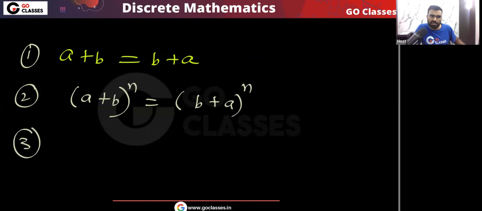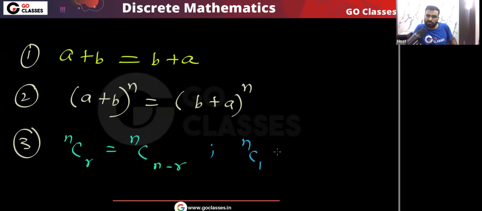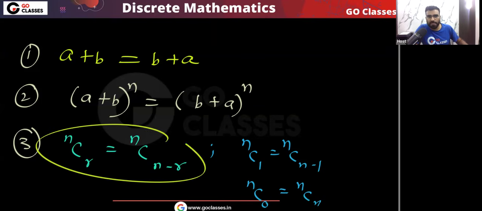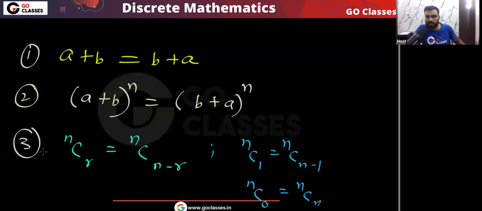Another interesting thing is that nCr is the same as nC(n-r). For example, nC1 is the same as nC(n-1). nC0 is the same as nCn. So nCr is equal to nC(n-r), and (a+b)^n is the same as (b+a)^n.